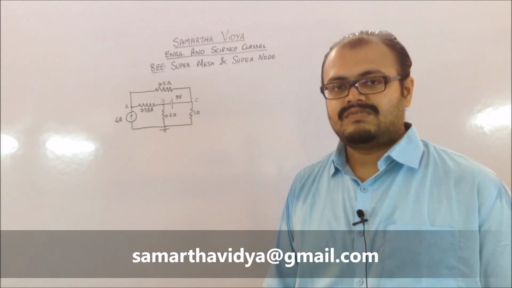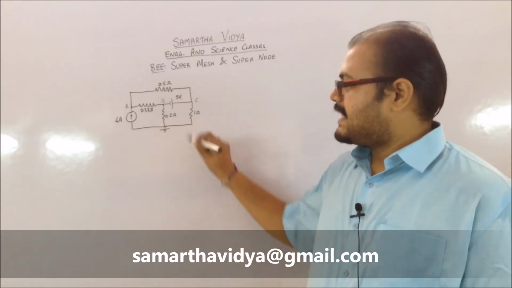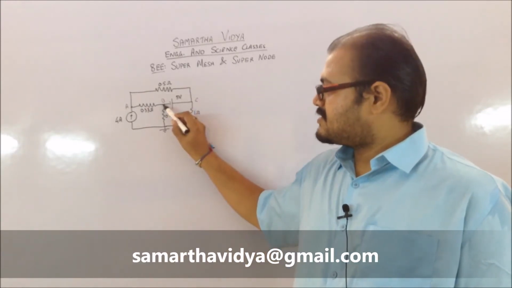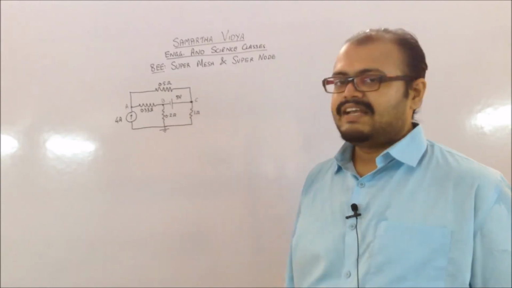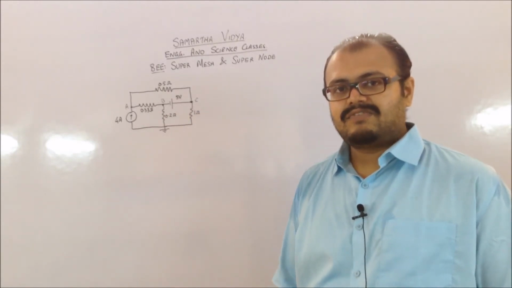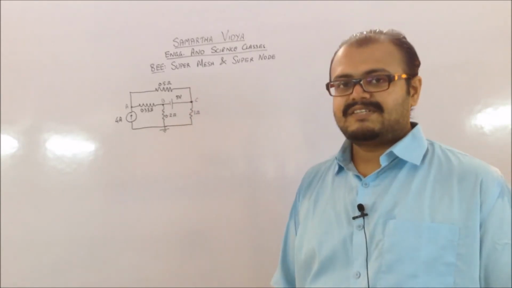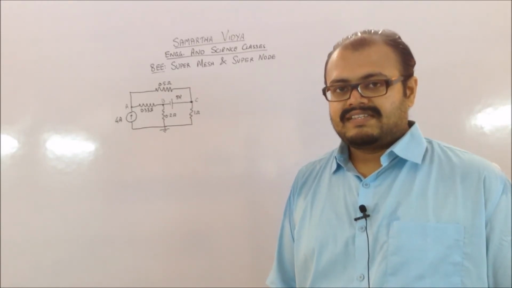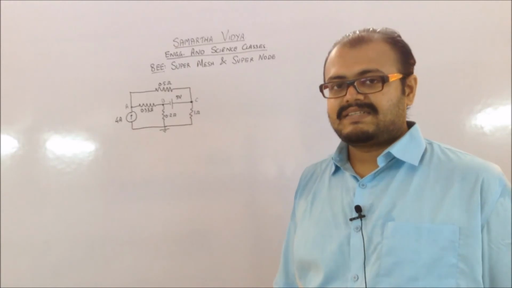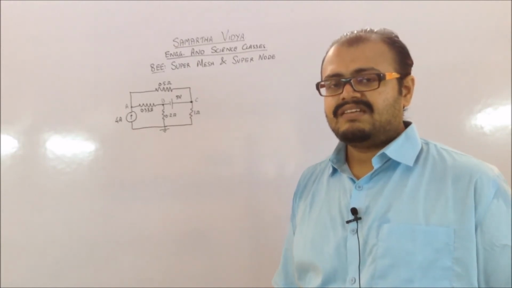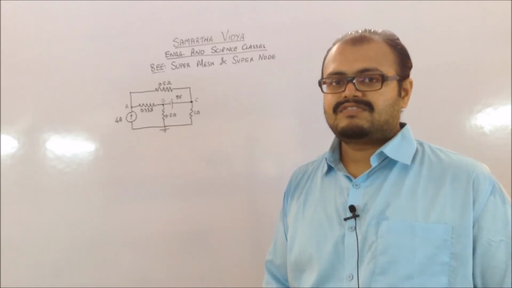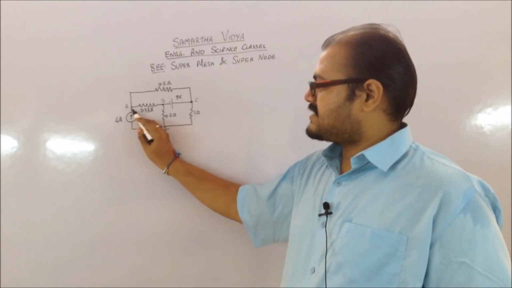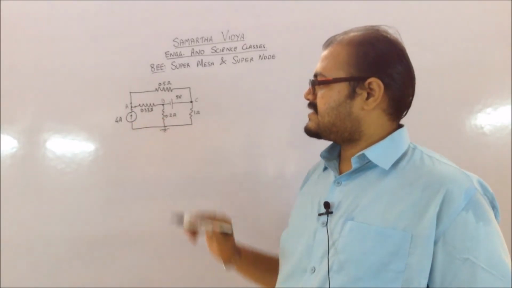Now, whenever you have a voltage source present between two nodes, then that particular problem is for super node analysis. The reason for this is that you cannot find the current equation for the branch which has this voltage source, because you won't be able to apply Ohm's law in that case, since you don't have a resistor present in this branch. So what you need to do is go by the usual method. You have to consider the currents in different branches.